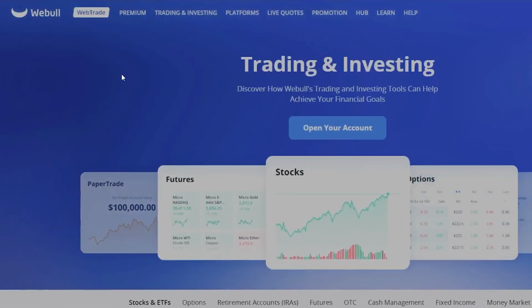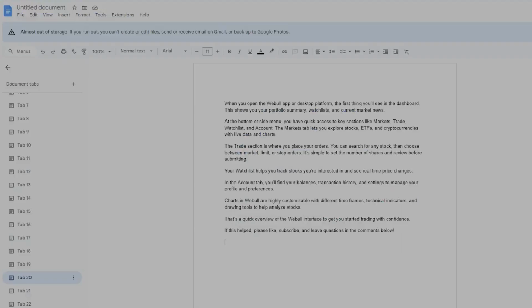In the account tab, you'll find your balances, transaction history, and settings to manage your profile and preferences. Charts in Webull are highly customizable with different time frames, technical indicators, and drawing tools to help analyze stocks. That's a quick overview of the Webull interface to get you